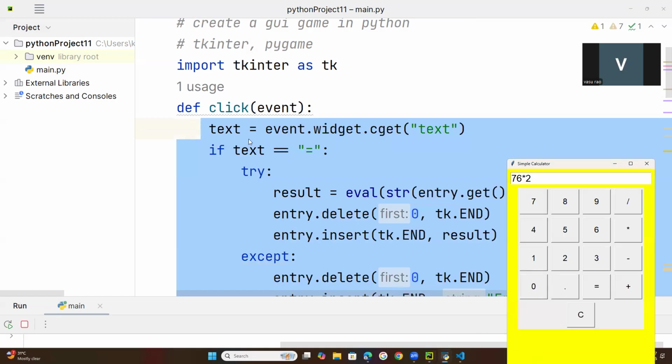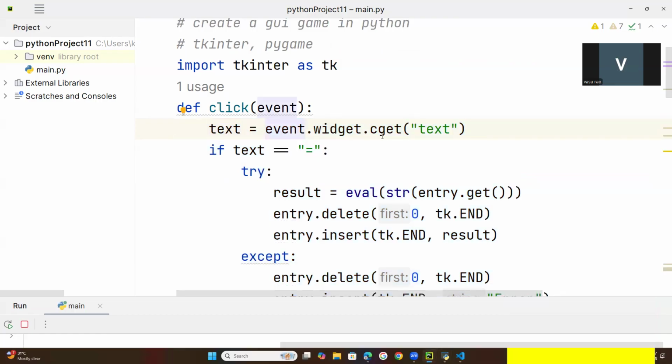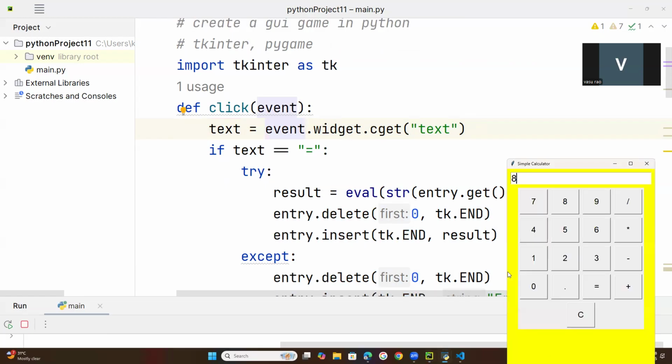First, this line of code. What is this? Text is a variable; leave it there. First of all, whenever we click on any button, that character will be displayed. At that moment this function will be executed. At that moment what happens here, try to understand. Event dot widget dot cget text means whatever text is being displayed on the button, that will be taken